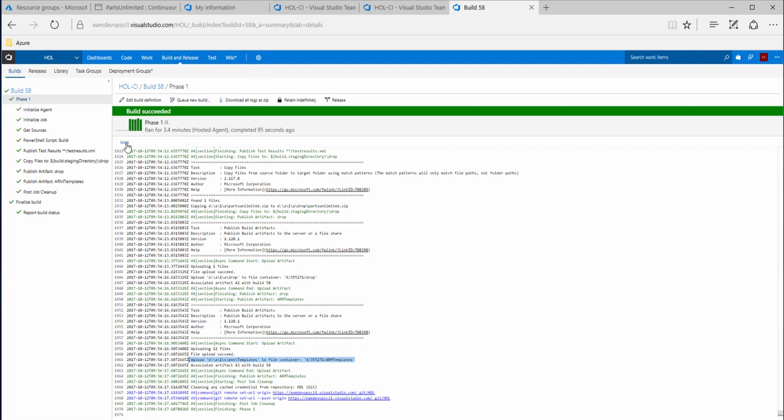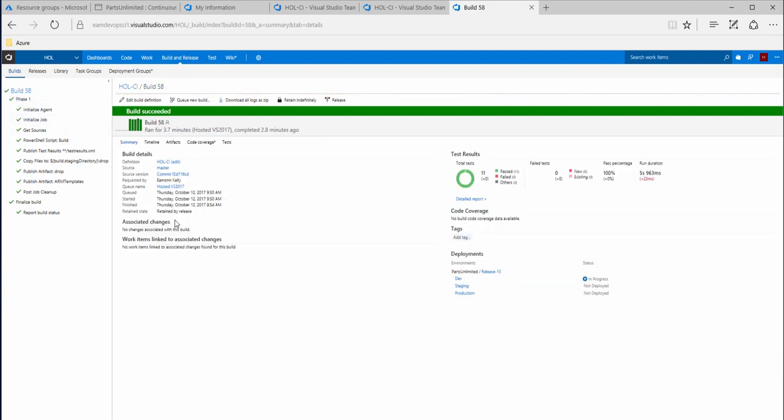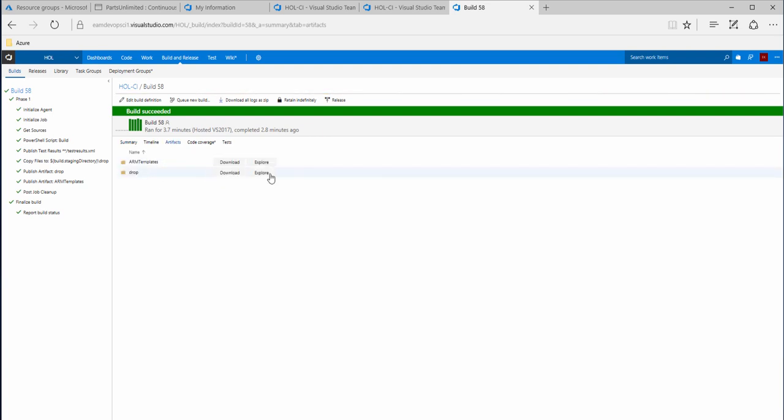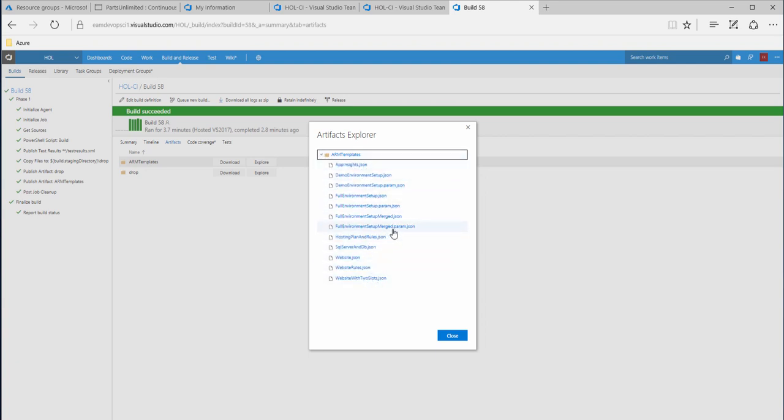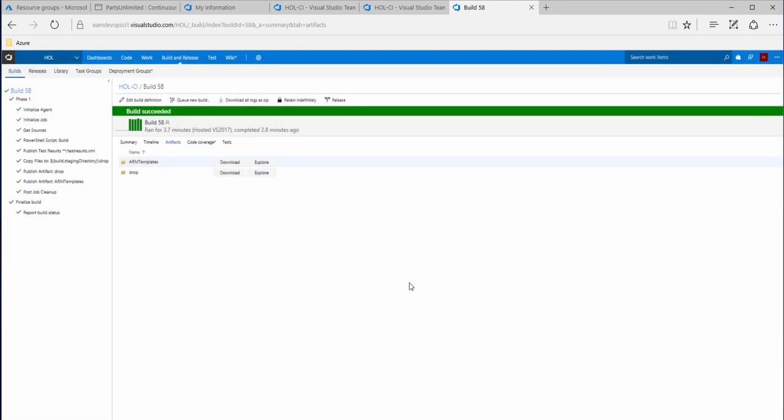If we click on the build that's just run, look at the summary, go to artifacts, you can see we now have the drop, which was there previously, and we now also have an ARM templates artifact. We can have a look in here and we can see the ARM template files and the parameter files, the full environment setup merged and the full environment setup merged .param.json. They're the two files we're interested in here for our infrastructure deployment. And you can see they've been generated as an artifact. That's going to allow us to pick them up when we do our release definition